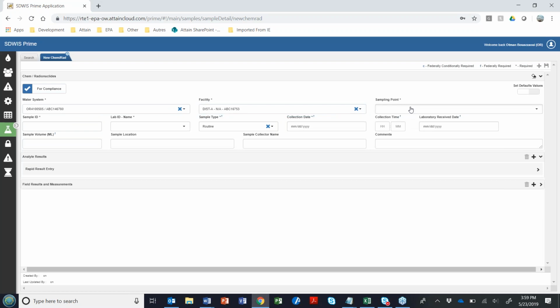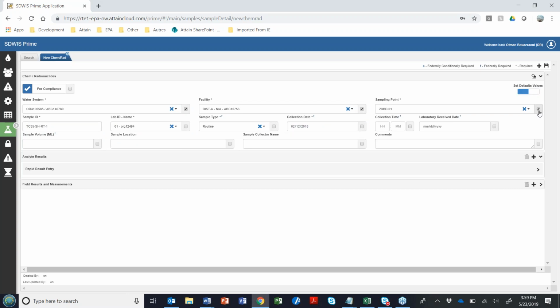looking at the distribution system. So again, for the first one, we're going to select this sampling point, and if you remember, it is in the schedule. 35. Okay, and we say it was collected on this date.